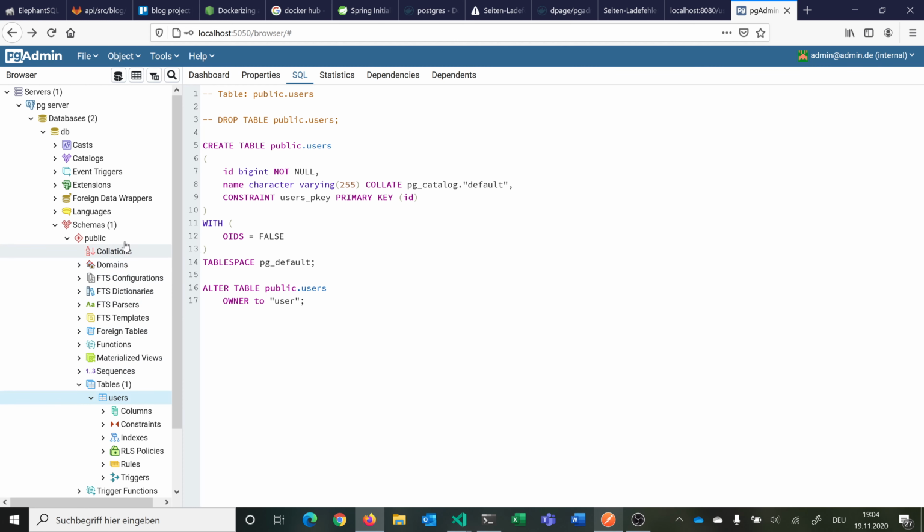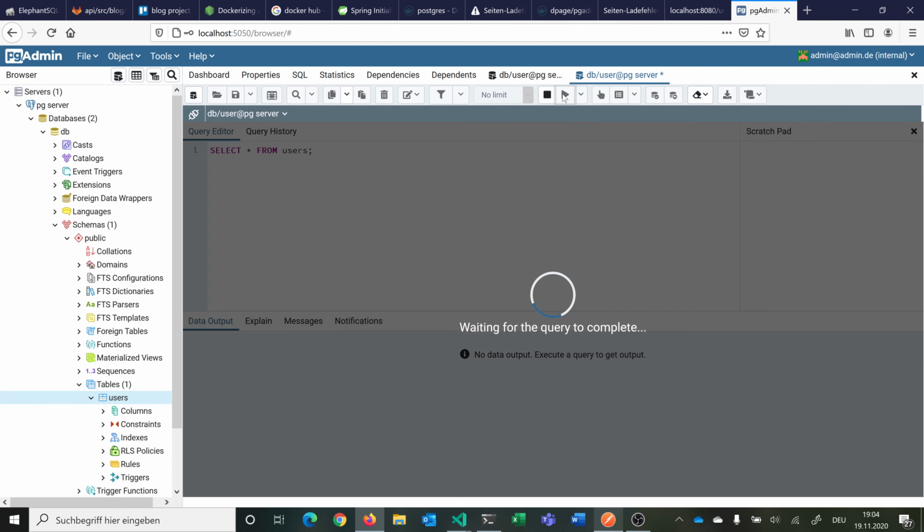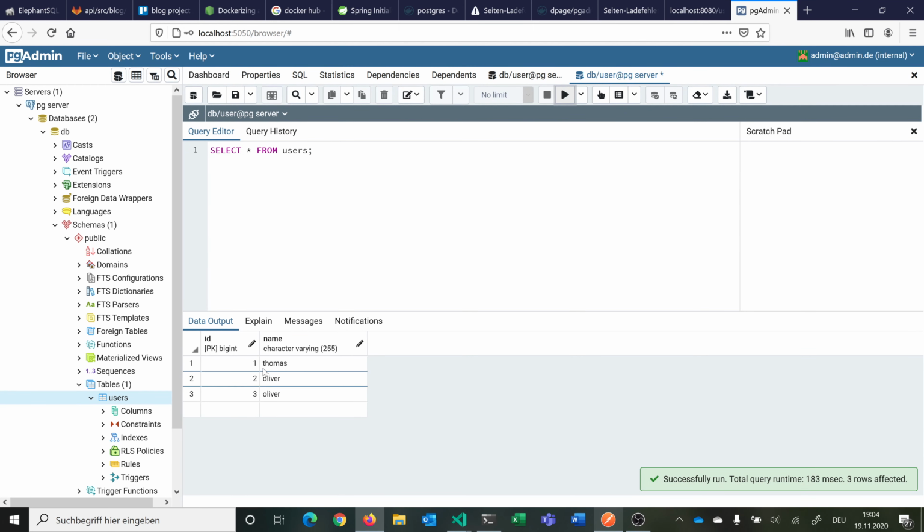No, where can we run it? Query tool. So we could say, for example, and we say here run, and then you can see now we have all the 3 users within the database